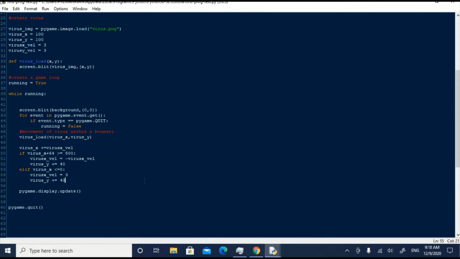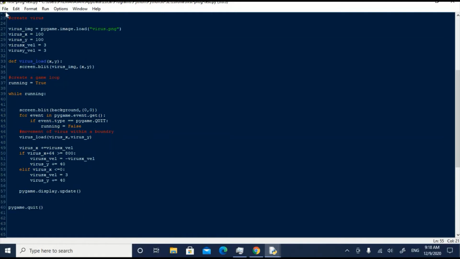So when the object moves to the right, we set virus_x plus 64 pixels as the boundary. You can see the code here. Here 64 pixels is the width of the virus. Obviously, we do not have the same problem when the object moves to the left. At the screen boundary to the left and right, we have redefined the position of virus on the y-axis as virus_y plus equals 40. At these points, the virus falls by 40 pixels.